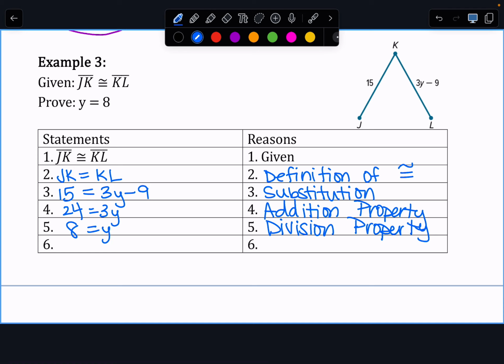I'm done? No. Our last reason, symmetric. Symmetry, would that be wrong? Okay, if you said symmetry, I'm probably not going to